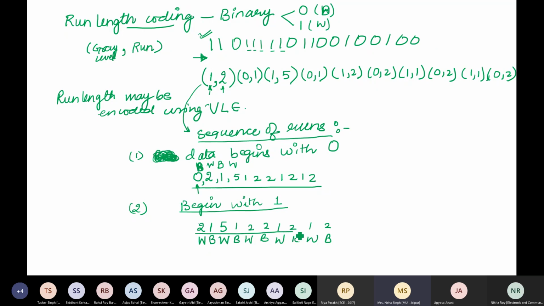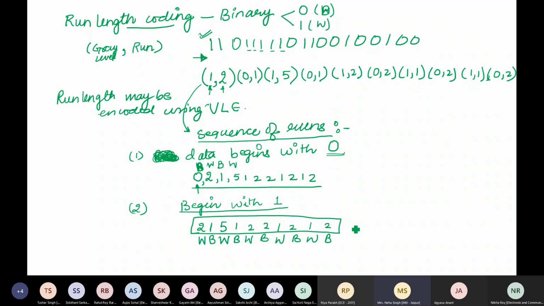So it is only this sequence that I need to send, right? The sequence is just the same except for the addition of this 0, because the rule says that you should begin with the counting of zeros. Since there is no 0 in my data, so the first entry is 0. Okay?